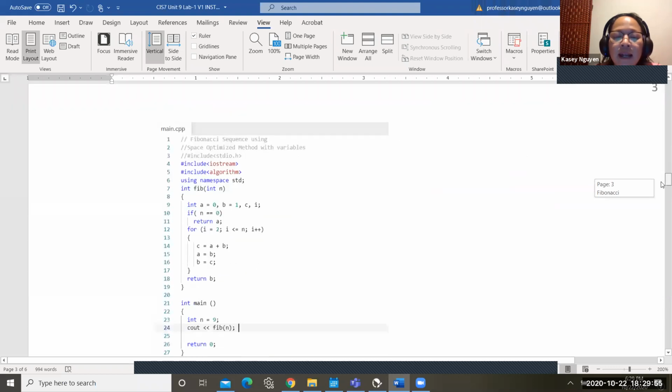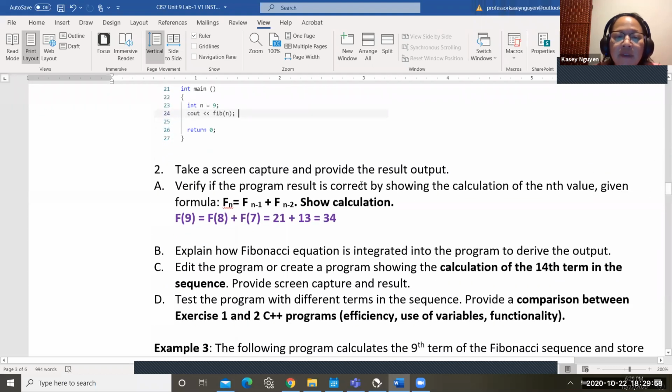So I just put down that f of 9 is f of 8 plus f of 7, or f of 7 plus f of 8. Then we would have 21 plus 13, which gives us 34. So it's verified.